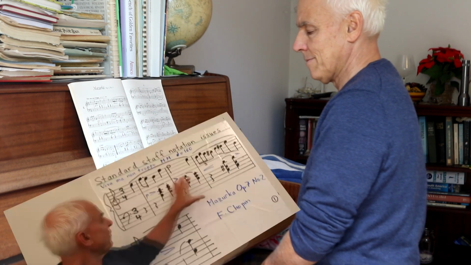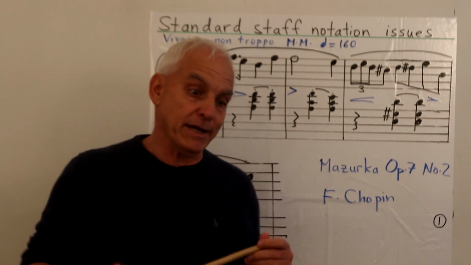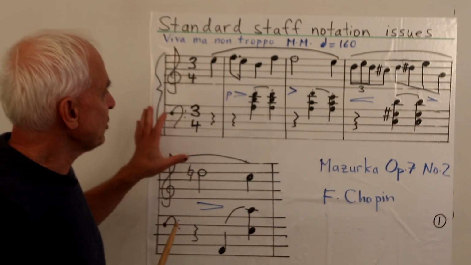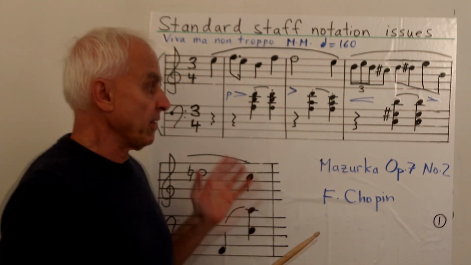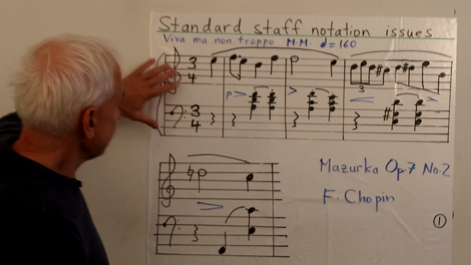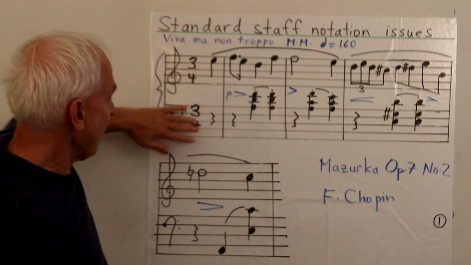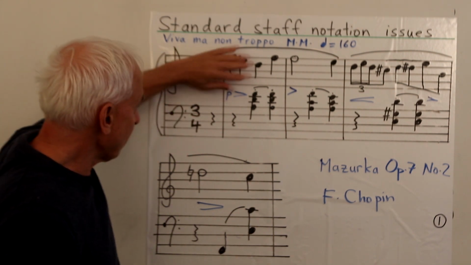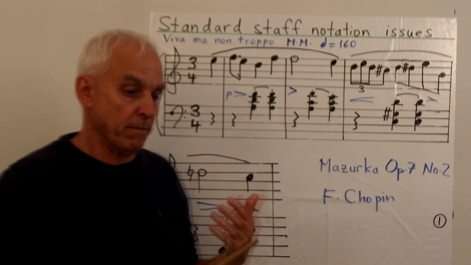So here is the first line or so of the Mazurka of Chopin that I played you. And it's just a way for me to illustrate some of the features that we find with the modern staff notation. So what do we see here? Well, this whole thing is called a staff. We have 5 lines on the top and 5 lines on the bottom. This is called the treble clef. This is the bass clef. Typically this is the right hand and this is the left hand on the piano.